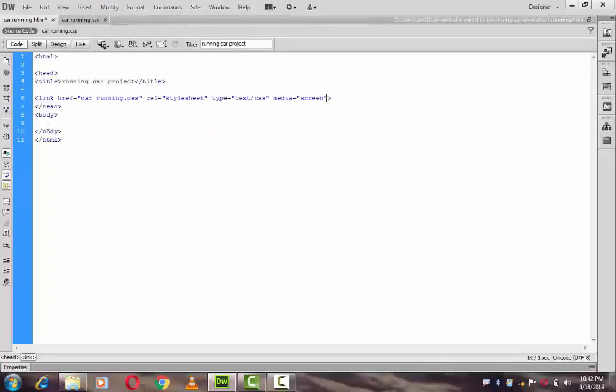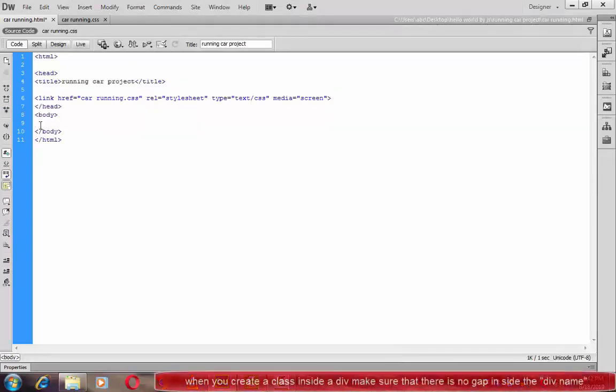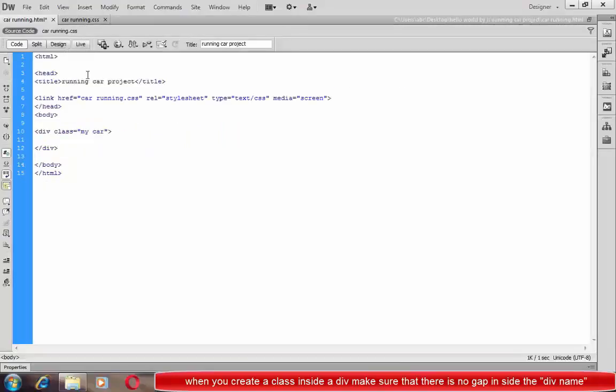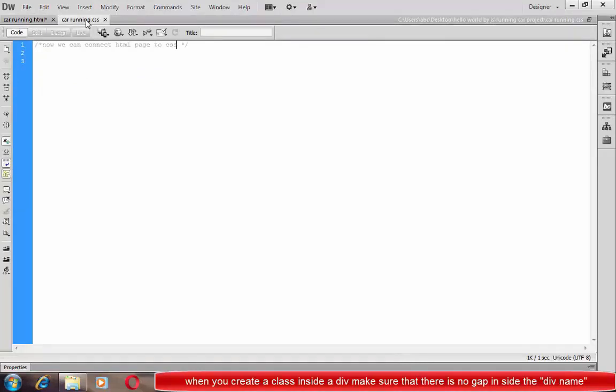So for that we just use it, and after linking the total data, I create a division here and give the name with class. I just create my car here. Make sure that when you give the name of the division, you do not use a slash inside the class name, as it may throw an error. So we just use some error here, but still keep running, so that you can see which types of error can occur here.